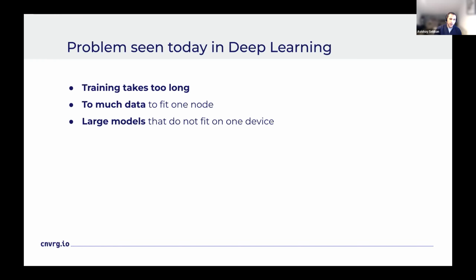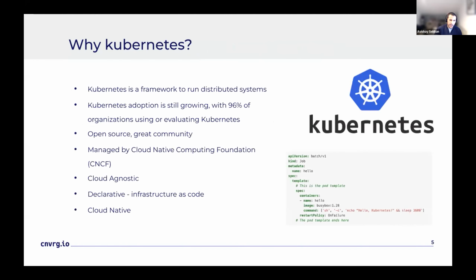And furthermore, with the increasing size and complexity of deep learning models, it is becoming more common for models to be too large to fit on a single device. So these challenges require innovative solutions such as distributed computing frameworks and specialized hardware to improve training speed and accommodate large models.